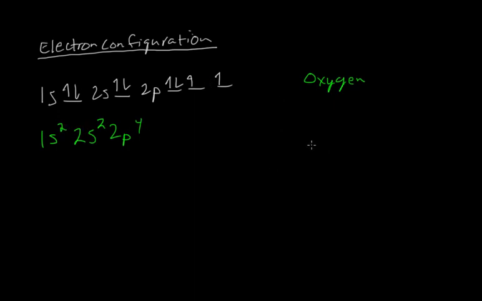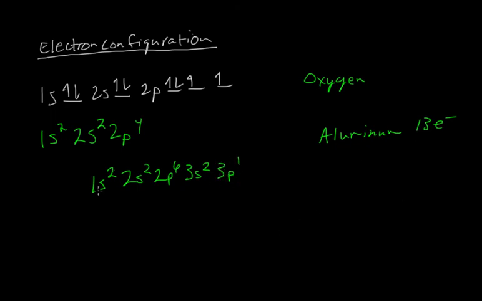So let's say, for example, I wanted to do the electron configuration for aluminum. Aluminum has 13 electrons, so we need to place these 13 electrons. According to the Aufbau principle, I would know that 1s comes first, and I would fill that up, so it's 1s2. Then the next I would have is 2s2. And after that comes 2p, but this time I've got a full 2p, so it would be 2p6. Then I keep getting bigger, so I would have a 3s2, and then I would have a